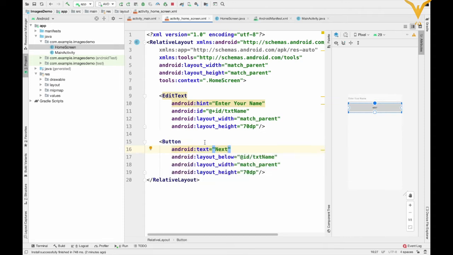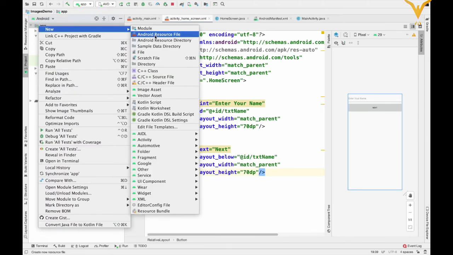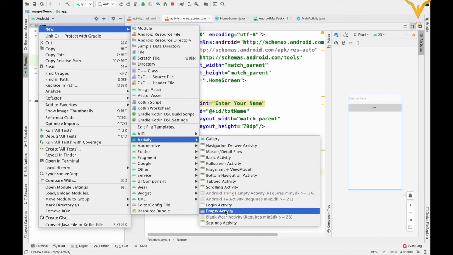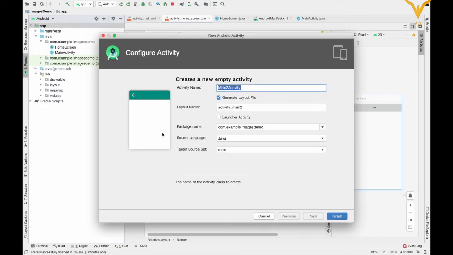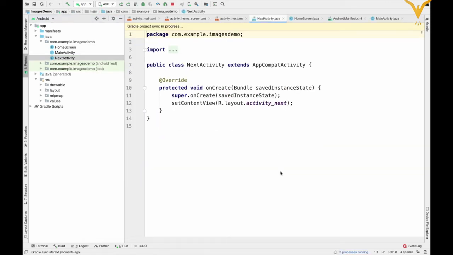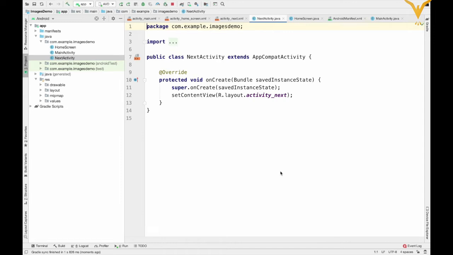Next, now let's create one activity, name it as next activity, finish. When we open the application, splash screen will get displayed for 2 seconds, then we'll go to the home screen.